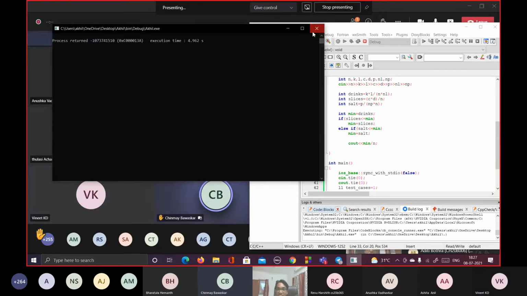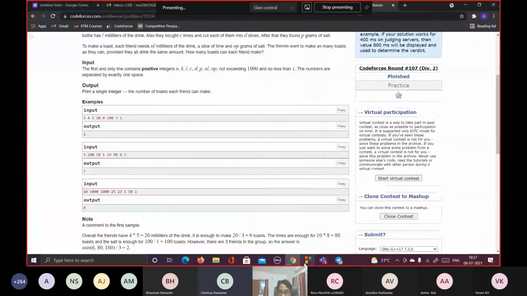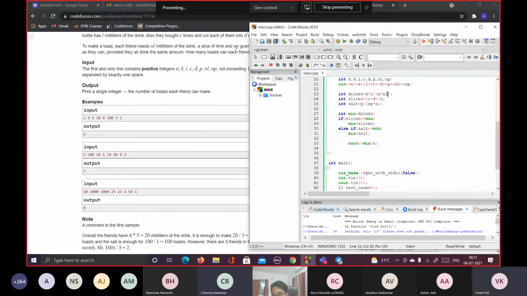So tell me the final error. In each step, you just cancel that n and only do that step at the last to get the integral division. Okay, so do you think, Chinmay, that should make a difference? Yeah, because in the last, if it is an integral division, we will get a 0 if it is not an integer number. Okay, I would just like to clarify. Just define something: the variable at the output equal to min divided by n. Okay, let's try it out.